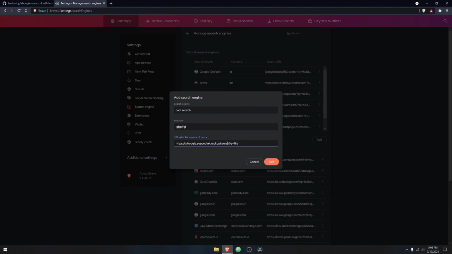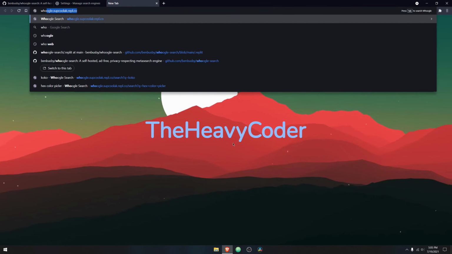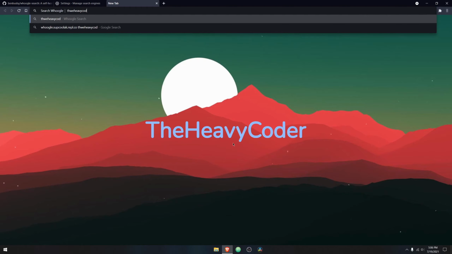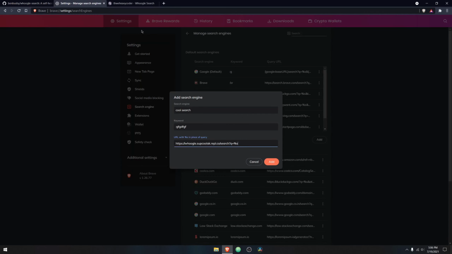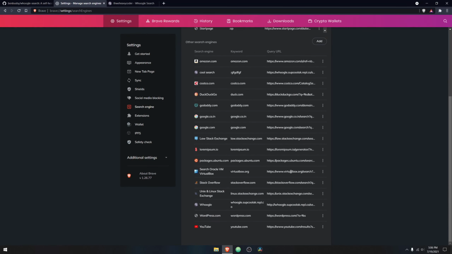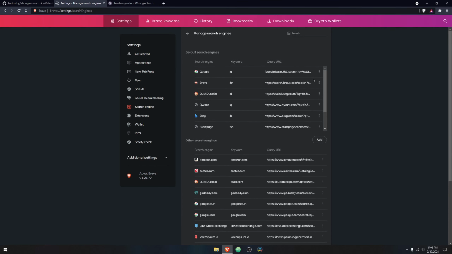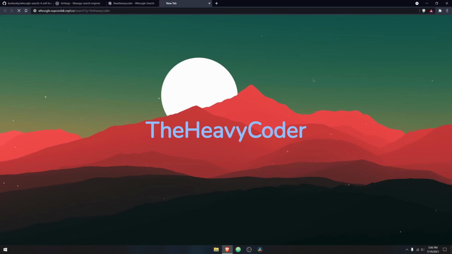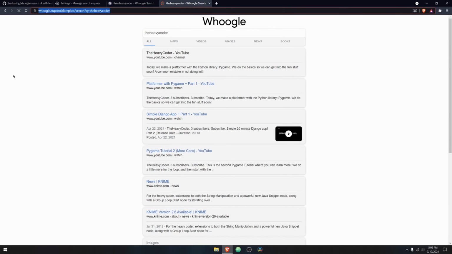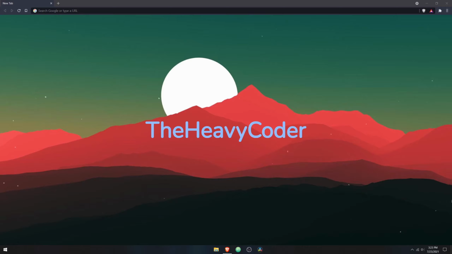Let's explain what this means, okay? So whenever you make a Google search, and I'm like the heavy coder, you can search that as it goes to /search?q=the heavy coder. But this changes over here, okay? So with that, this is what %s means. It just replaces it with whatever the user had searched in the address bar. And then you press add, then you'll see it somewhere down here, okay? And make default. So now, whenever I go over here and I search something up, that makes that the default search engine.